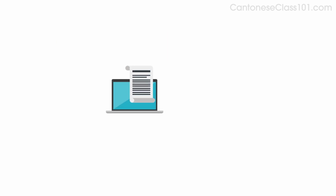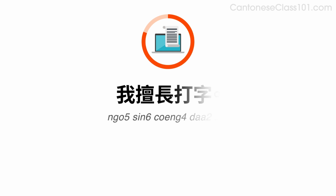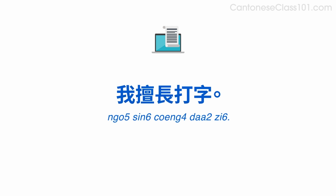Now, imagine you're good at typing. Do you remember how to say typing? 打字。 Say, I'm good at typing. 我擅長打字。 Now answer the question saying you're good at typing. 你擅長啲咩？ 我擅長打字。